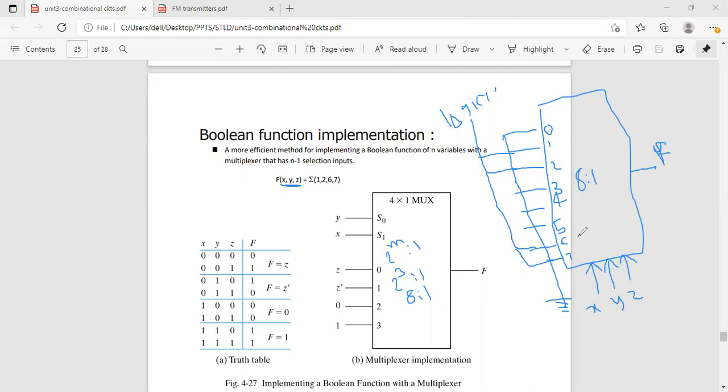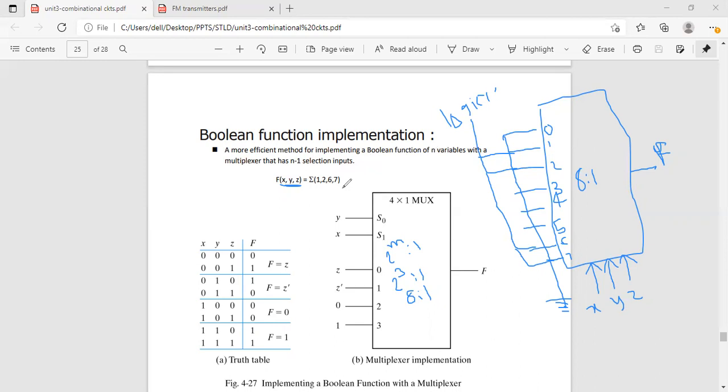But in some problems, what do they give us? They ask us to draw using a 4 to 1 multiplexer, and to implement using a 2 to 1 multiplexer. So in such cases, how do we implement when a multiplexer size lower than the actual size is given? Let's see. So here, suppose you are asked to implement with a 4 to 1 multiplexer. So this is the actual size. To implement this function you have to consider this size: 8 to 1 is the multiplexer size. And the same function you can implement using a 4 to 1 multiplexer and also a 2 to 1 multiplexer.